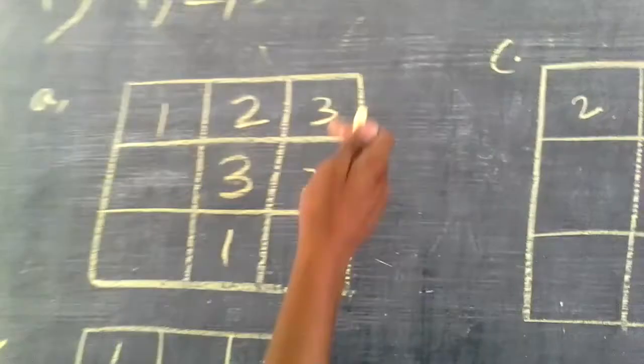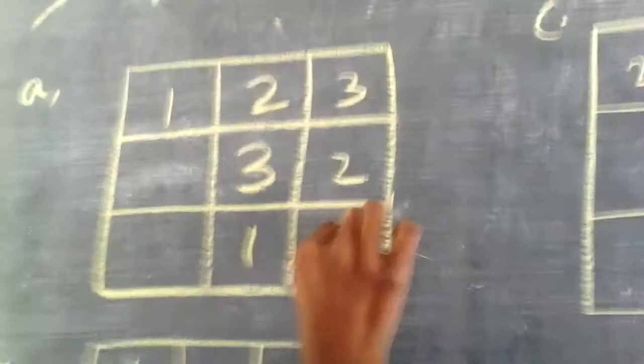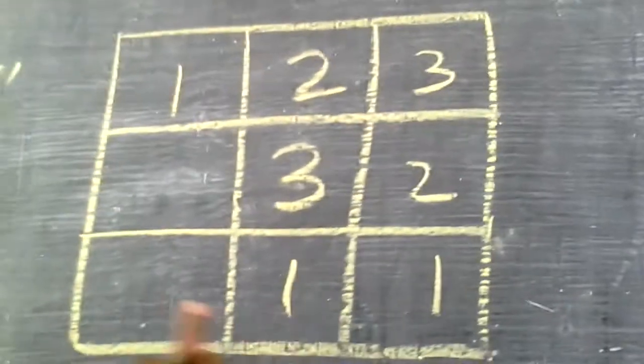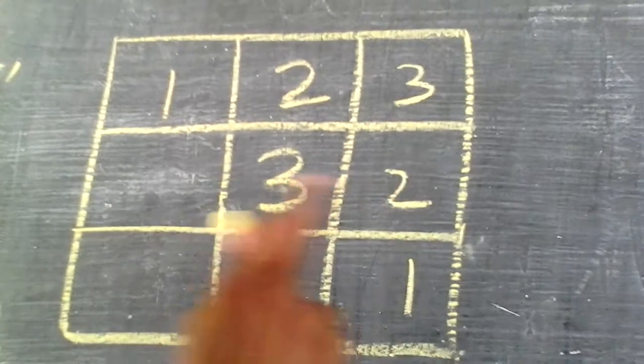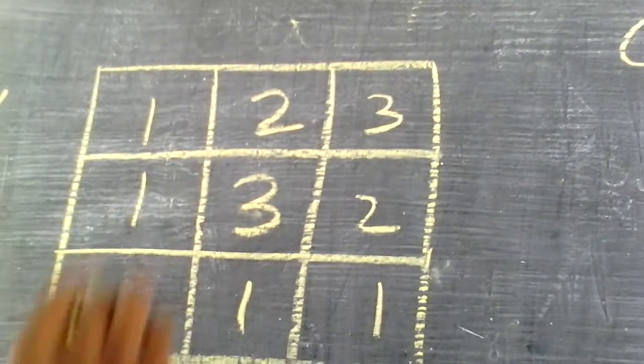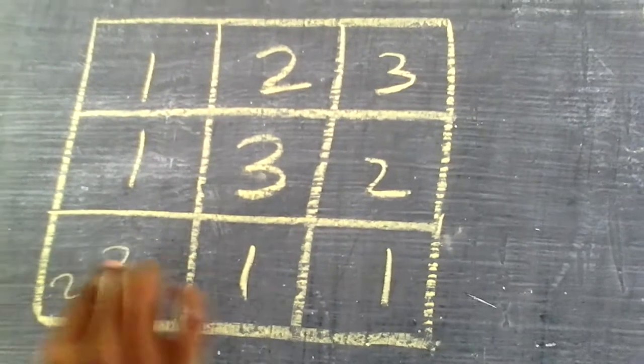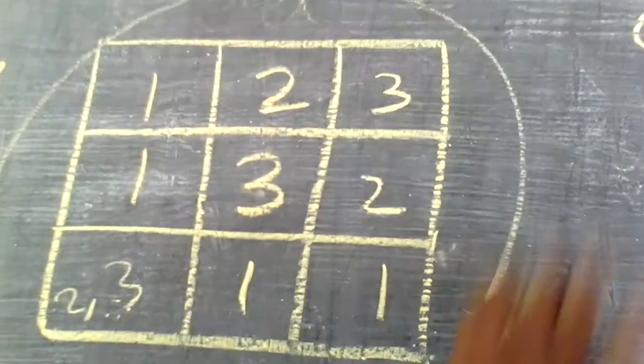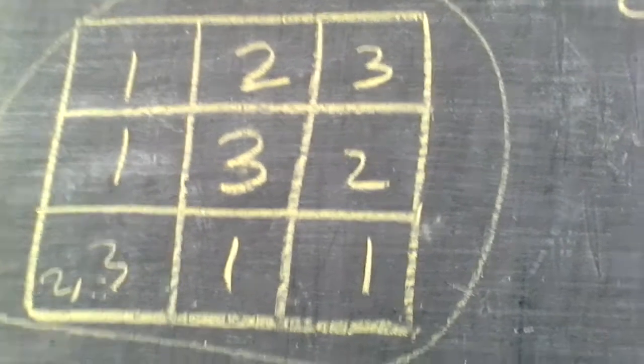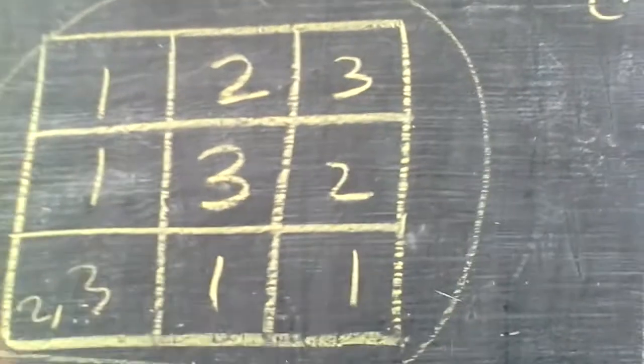See here 3, 2, 1. Right? So check it here 3, 2. So definitely here 1 has to come. Right? See? And here again what will come? 2, 3 is here. So here 1 has to come. And here it may be anything. It may be 2 or 3 is here. So what we understood from this is the question itself is wrong. Right? See, the question itself is wrong. Let us try the next one.